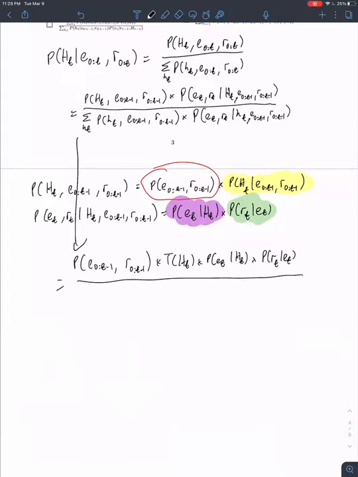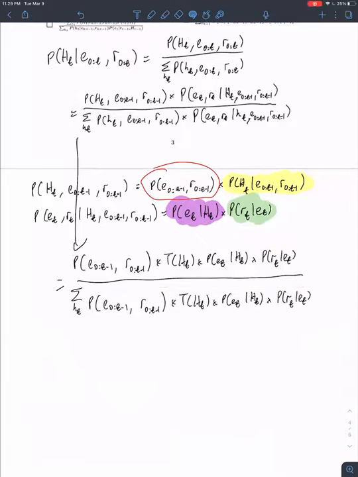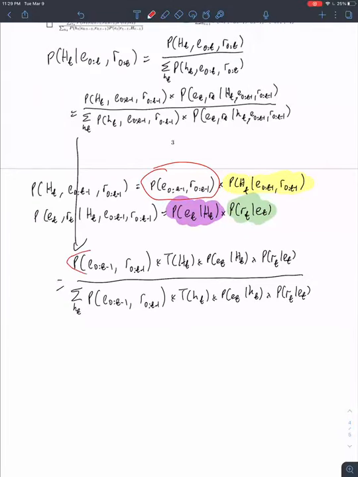And now on the bottom, I've got the sum over little ht, and the bottom was just the top with big HT replaced by little ht, and you're summing over it. So again, I'll copy it over, copy, paste. And this occurrence of big H is replaced by little h, and this occurrence of big H is replaced by little h. All right. So now we see that the top and the bottom both have this red term,